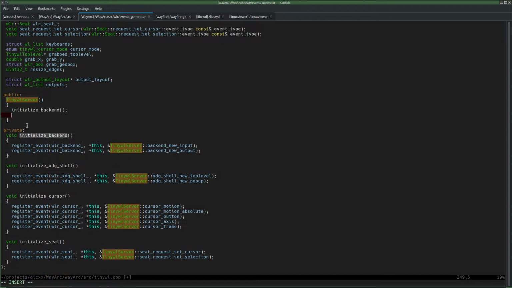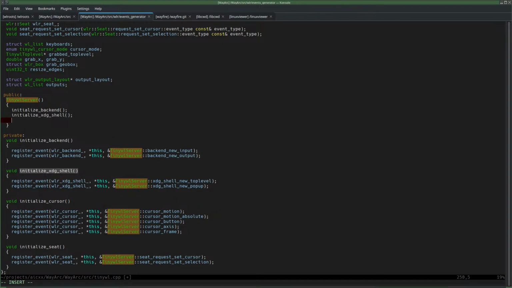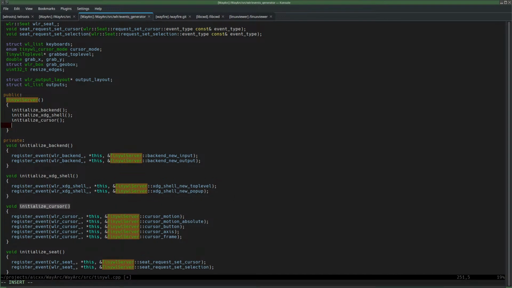So now the code is doing exactly the same as before, but I call 4 functions instead of 1, which then do sequentially the same code as before. However, now they are no longer called register events, so now I can add additional initialization of this member and that member, etc. So for example,